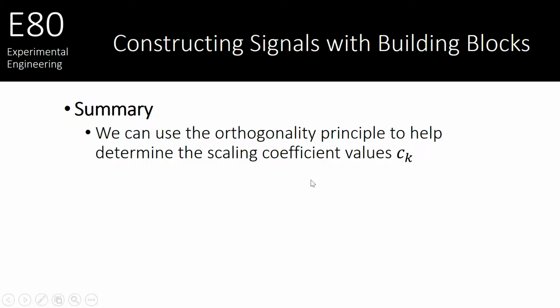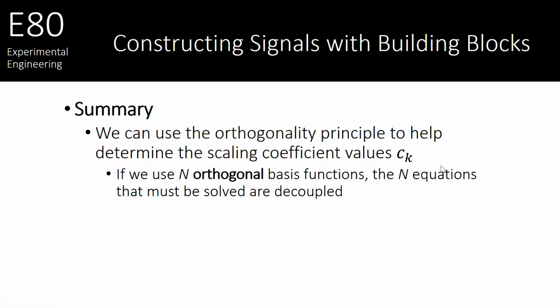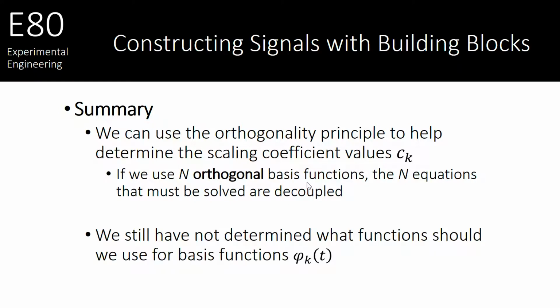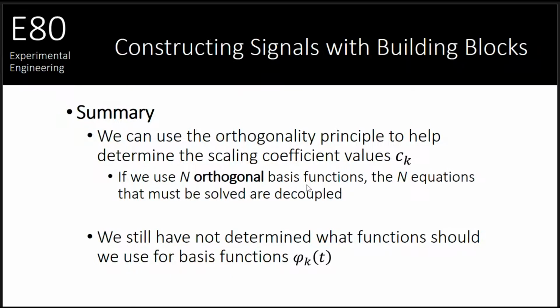Let's summarize what we did to do that approximation. First of all, we took note of the orthogonality principle to help us determine the scaling coefficient values of ck. Now that could have led to a whole bunch of equations to solve, but we chose a particular set of basis functions that were orthogonal, and that allowed us to decouple the equations and gave us one simple equation for each basis function scaling value to calculate. Now, we still have not determined what function should be used for basis functions, except for that we know they probably should be orthogonal, because that's going to help us out